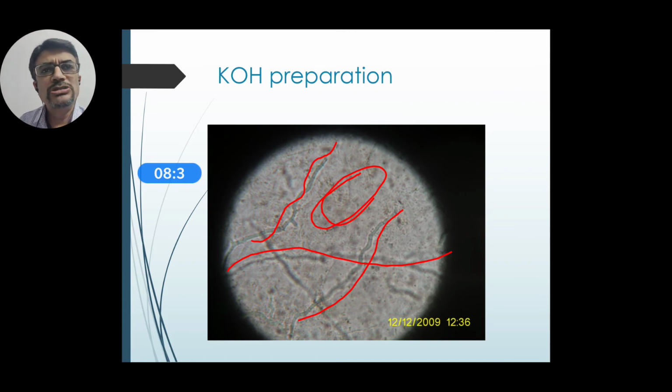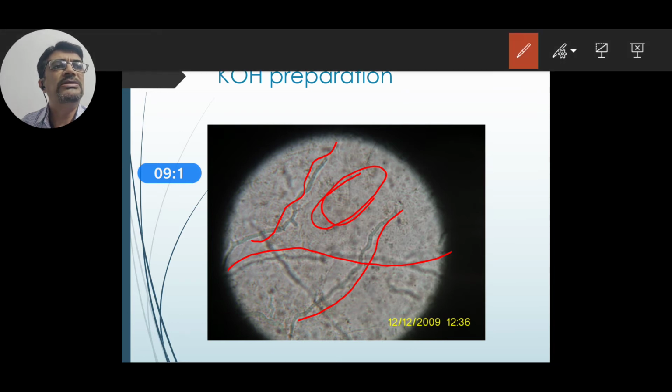This would be the easiest and very rapid way to diagnose the dermatophyte. However, most of the time you will not diagnose the species from this. This would tell that it is a fungal infection, but whether it is Trichophyton or Microsporum, that is not possible with KOH. So for that you have to grow that fungus, and after growth of the fungus you have to identify the agent which is responsible for the disease.